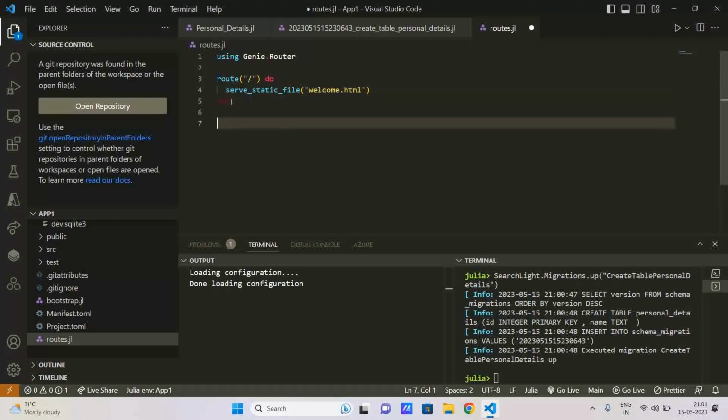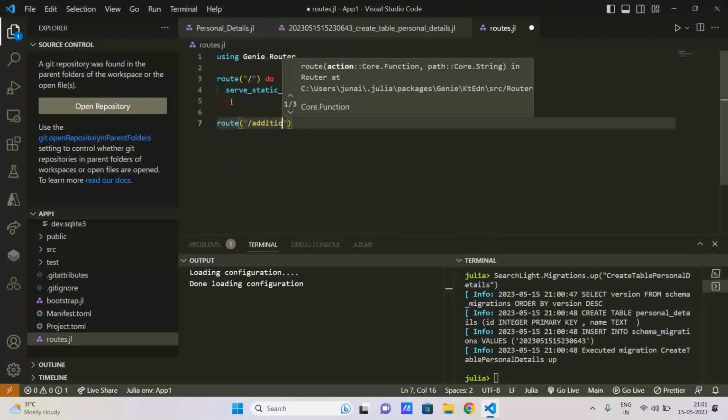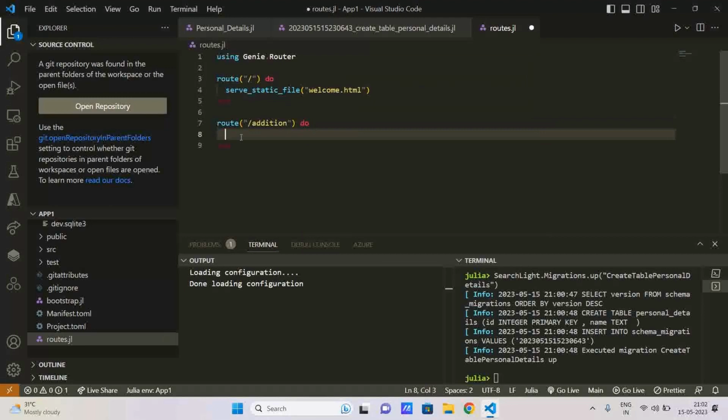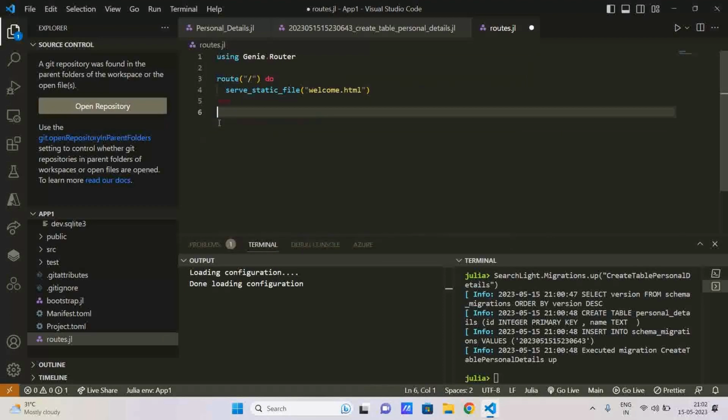You can write something like route of addition, and under this you can write do, and in between do and end you can define the function like a is equal to get the value, b is equal to get the value, sum it up. So whatever functions you want to do, you can define inside the route, and you can get the desirable results. So how you define a route is,